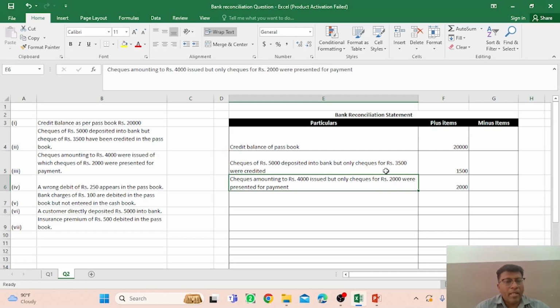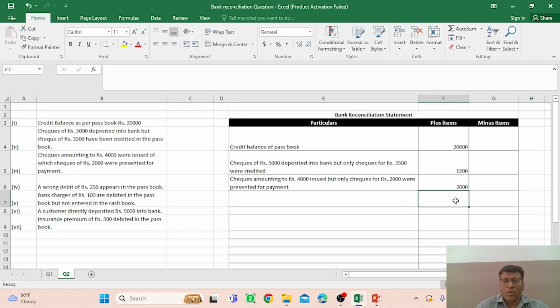So the passbook balance is reduced by this amount, and it was wrongly entered. So bank balance is less in comparison to cash book. Because the wrong entry was made in the passbook debit balance, the cash balance is increased, right? So we have to mention in the increased column of plus items, we have to include this rupees 250,